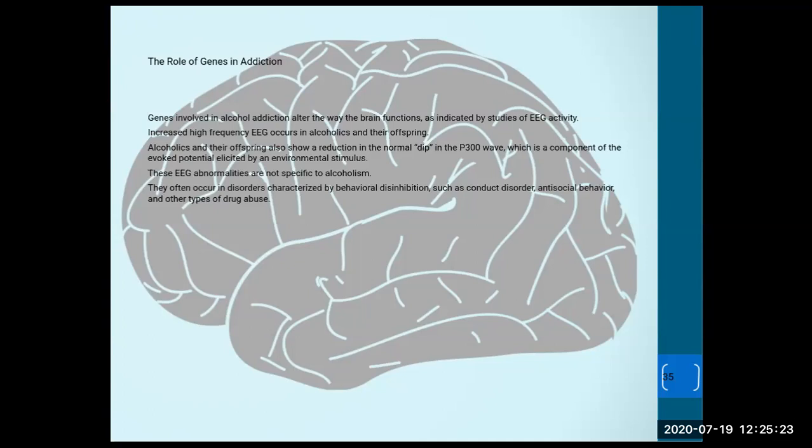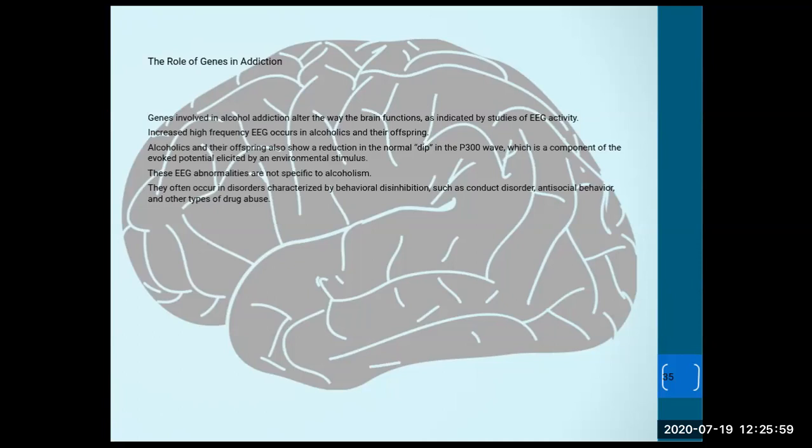So that may be an early warning sign for parents, right, that there's a family history of addiction. What we see is that there's a wave that takes a dip called the P300 wave, and when we get this dip with people that are addicted to alcohol, we see less of a dip. So it doesn't show a big drop in this wave. Of course, these abnormalities are not specific to alcoholism. There are other things that may cause a lack of a dip in the P300 wave, but this is just